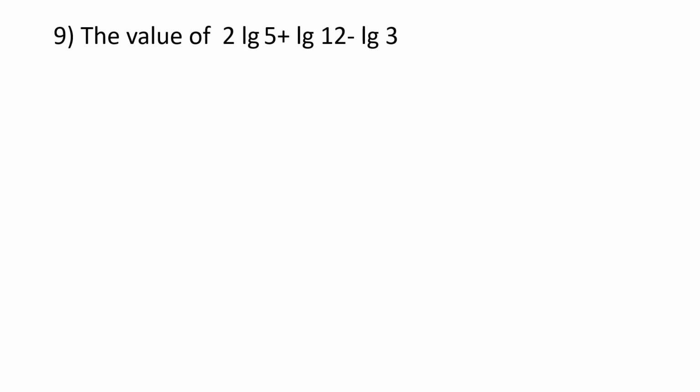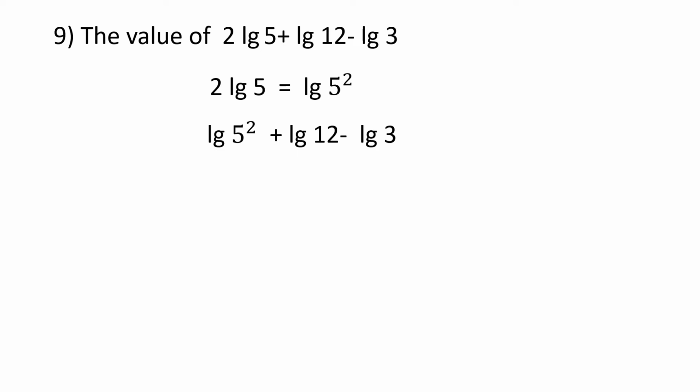Now the ninth one, the value of 2 lg 5 plus lg 12 minus lg 3. You can write 2 lg 5 as lg 5^2. Now you can write the given expression as lg 5^2 plus lg 12 minus lg 3. There is an addition of logarithms and a subtraction of logarithms. You can write the addition of logarithms as a multiplication of numbers and the subtraction of logarithms as a division of numbers. So you can write the given expression as